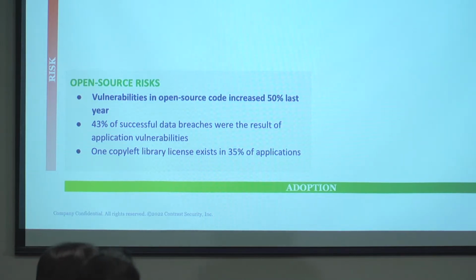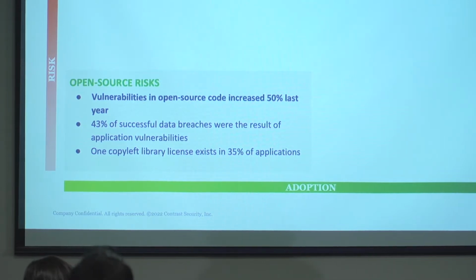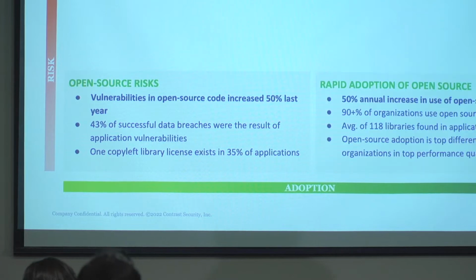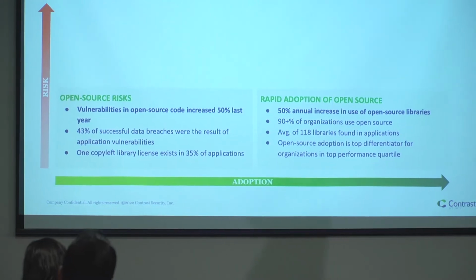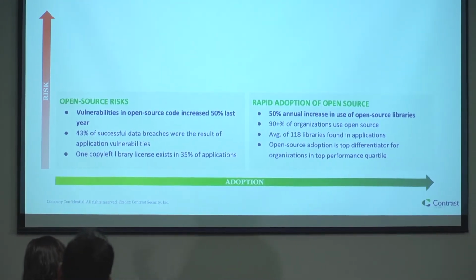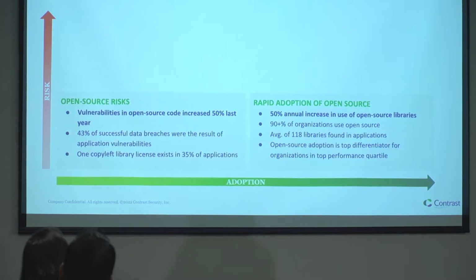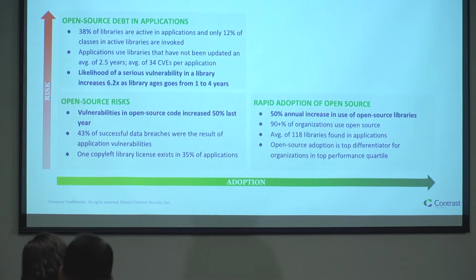What? 9,000. No. Sorry. It's actually less than 100, but still pretty high, 70-something. On average, every day, new CVEs are published to MITRE, to all those different repositories. It's a lot. And so as we are adopting open source, you could see a 50% annual increase for companies using open source. Even this pandemic has accelerated digital transformation, as it's called. People are actually doing more building using open source for their companies. Makes sense. An average of 118 open source libraries are found in applications.